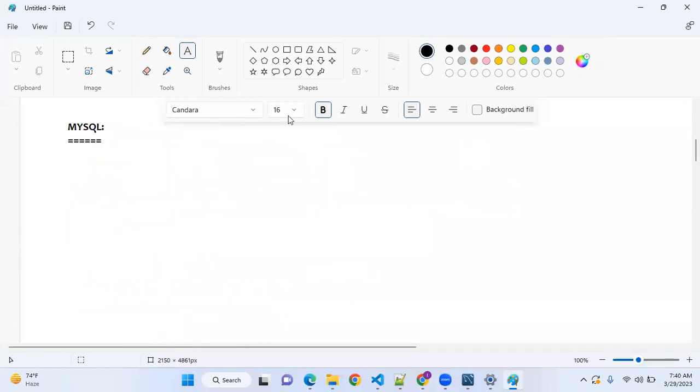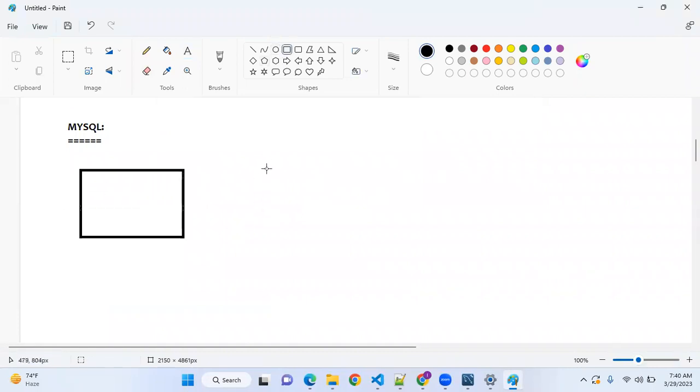Let me try a simple diagram here. So these are the 2 tables.